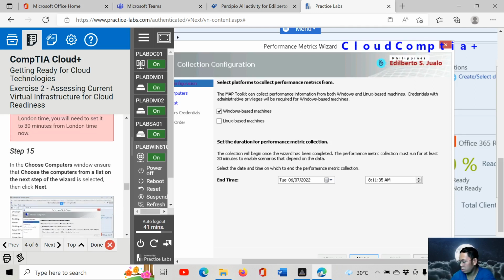I will research first the London time. London time in London right now is 7:14 a.m. It means